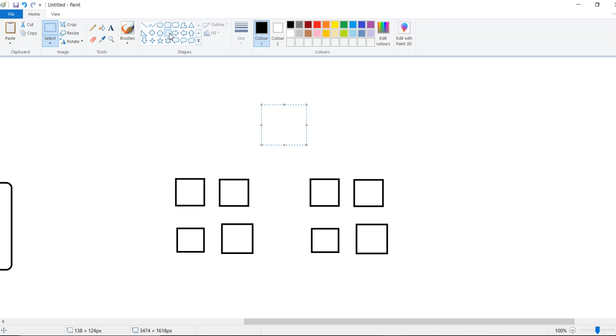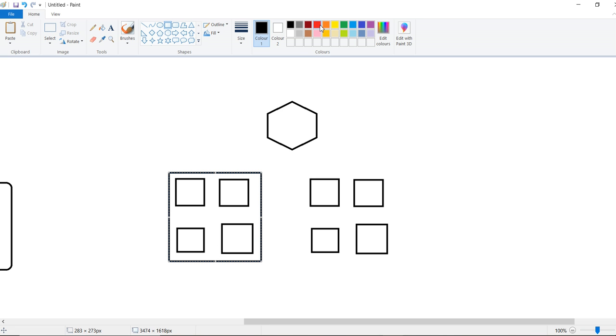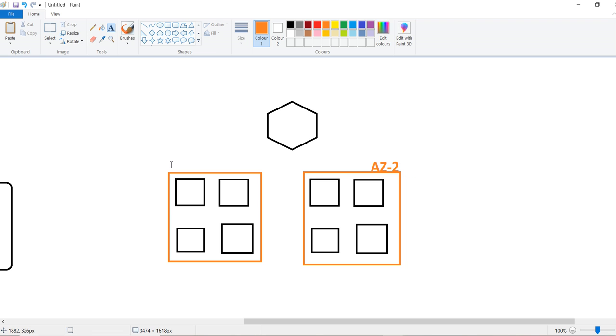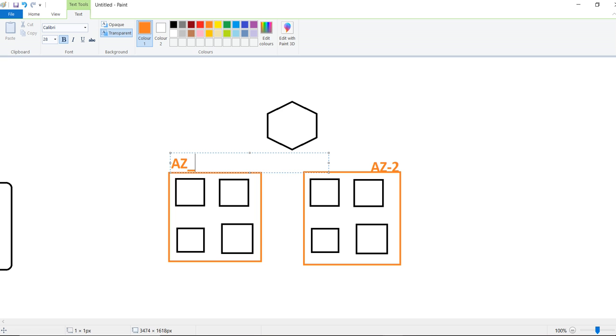Whenever you are using NLB, what will it do? I'll draw the outer layer also, then you will understand. This is my availability zone, I will call it AZ2, and I'll call this one AZ1, availability zone 1.